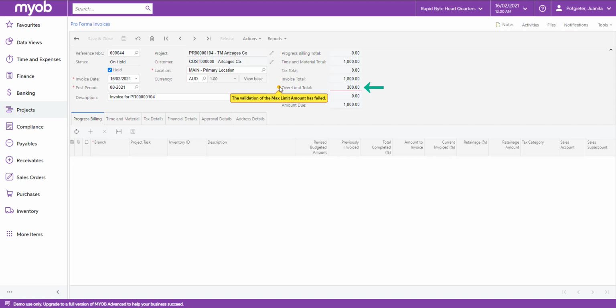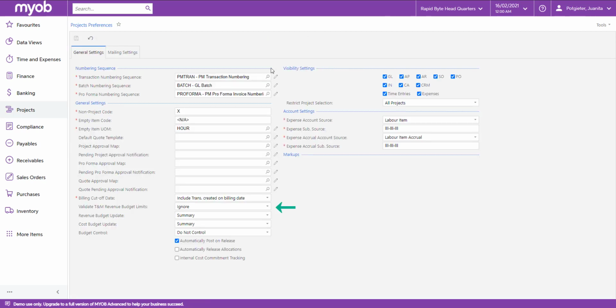In the summary area of this screen, next to the Over Limit Total box, notice that we have a warning that shows that the billing limit has been exceeded. If we had to release the Proforma invoice, even though it exceeded the billing limit, the system would allow us to release it because Ignore has been selected as the Validate Time and Material Revenue Budget Limits value on the